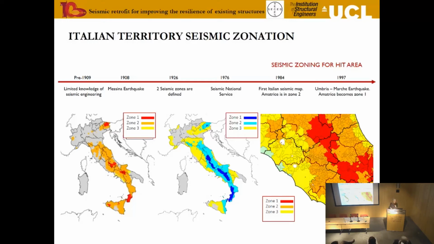And when this happened, of course, there were then sources of funding for adapting and rehabilitating buildings which were not up to scratch with the new regulations. This sometimes happens away from an earthquake. Then the earthquakes come, and we have the opportunity to see whether the retrofitting that has been installed has been, in fact, efficient and effective or not.